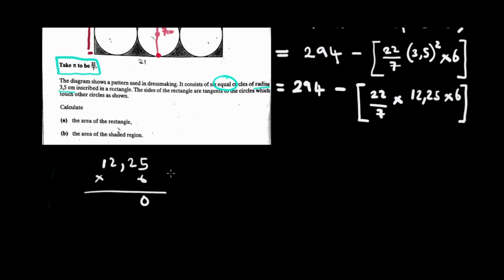6 times 5 into 30, carry 3, 6 times 2 into 12, 13, 14, 15, carry 1, 6 times 2 into 12 plus 1 to 13, carry 1, 6 times 1 to 6 plus 1, we have 7. 1, 2 decimal places, so 1, 2. Sapana pattern is 73.50. There one from multiplying 12.25 times 6, so we can as well multiply 22.